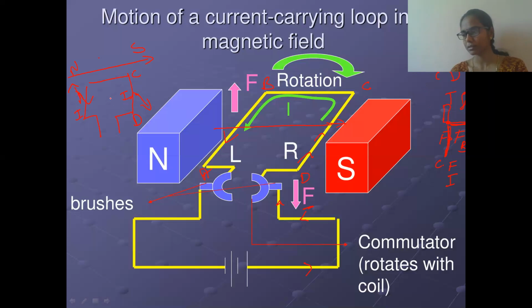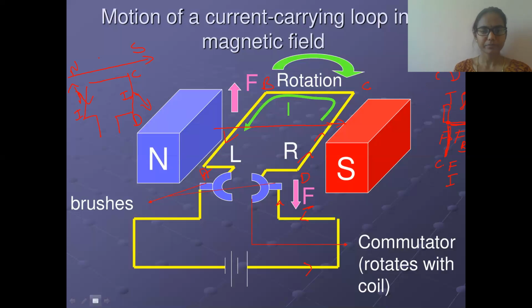So you can observe now it is going upward, like this is a pen, some box. Imagine it is like this. This side is pulling downward force, and here this is acting upward. You can see the rotation. Why? Because this side is pulling downwards, and this side force is pulling upwards. So because of that, you can see the rotation of the coil. The rotation of the coil we can see by using the magnetic field and the current passing, so that rotation of the coil we are going to observe.